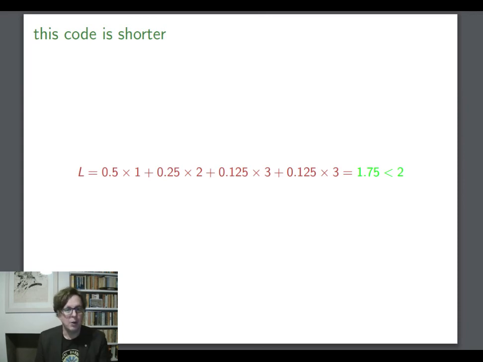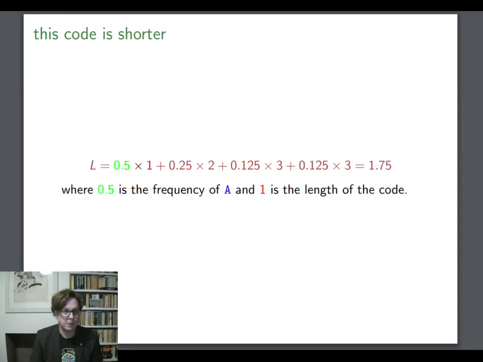But here, we know a little bit more. We know something about the regularity. We know something about the distribution of A, B, C, and D. And that's allowed us to compress the data and give us a shorter code, a more efficient code. But you'll notice that